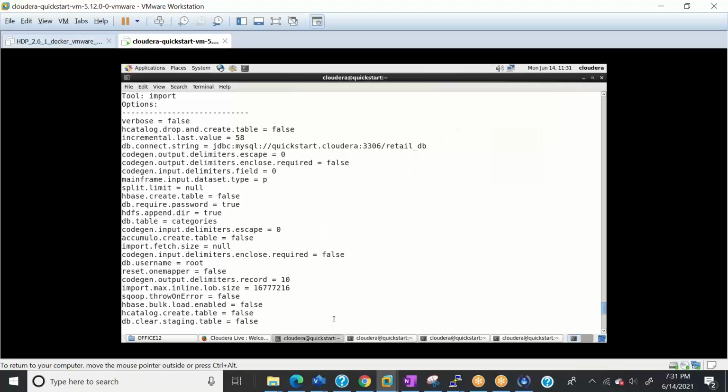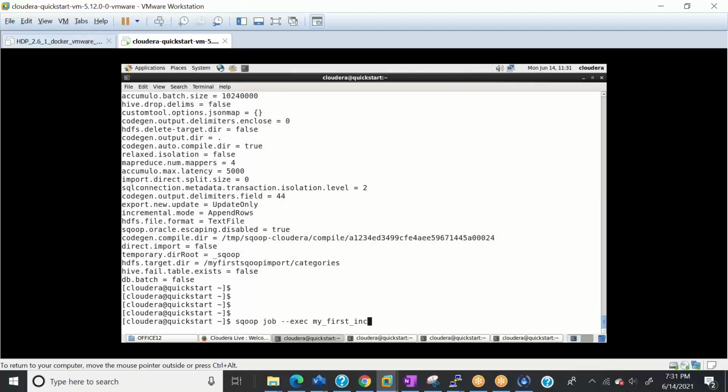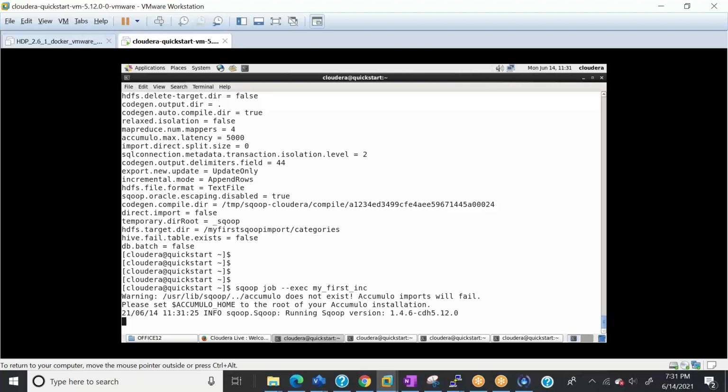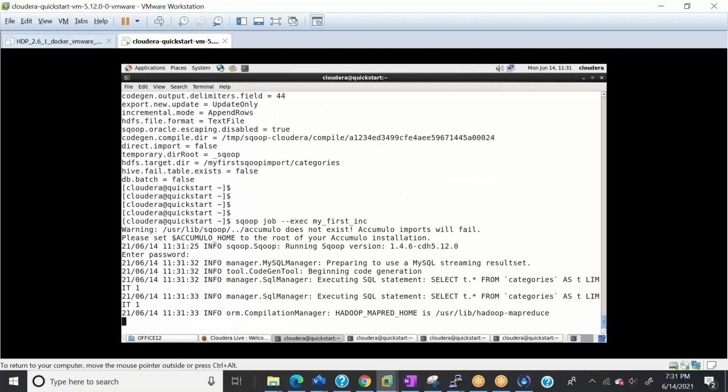So let's say I execute the same job again. Ideally, it should be pulling just those 4 or 5 records, and it should be ignoring all the other records. Okay, I'll show you in the job log.